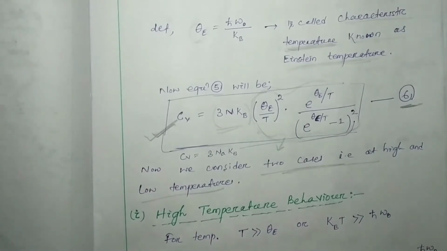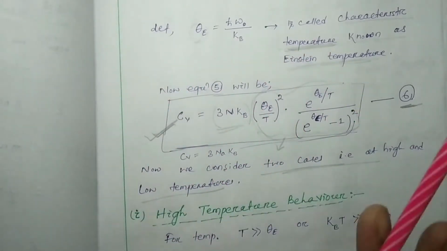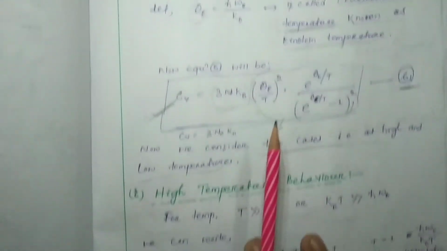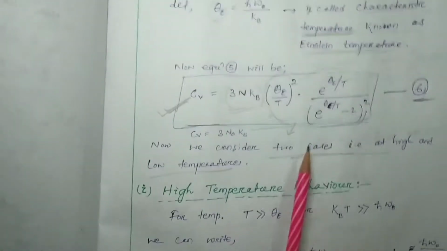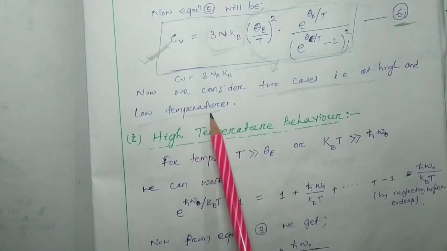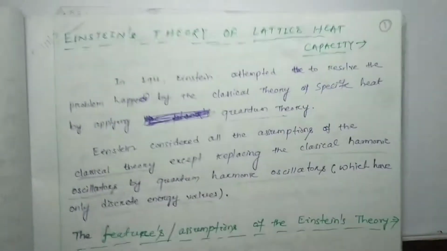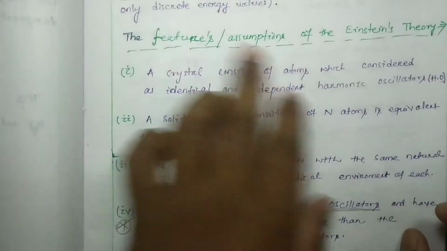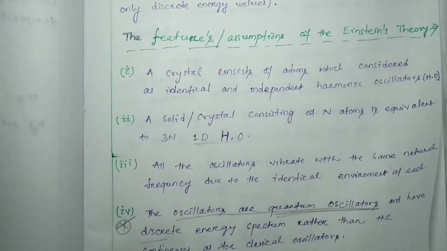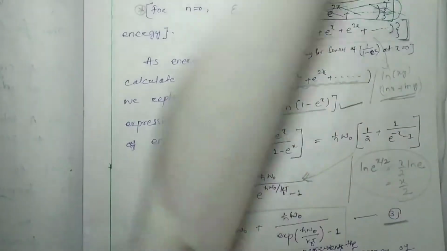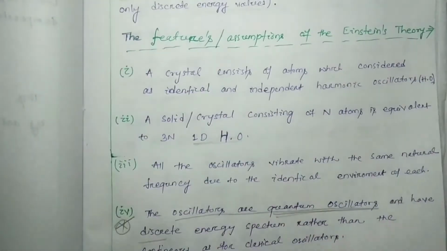Whatever we discussed in our last video, I suggest that you watch the last video before you watch this video, because we are going to discuss the second half of the Einstein theory of lattice heat capacity. Here, the assumptions that Einstein considered, we have discussed, and considering those assumptions,